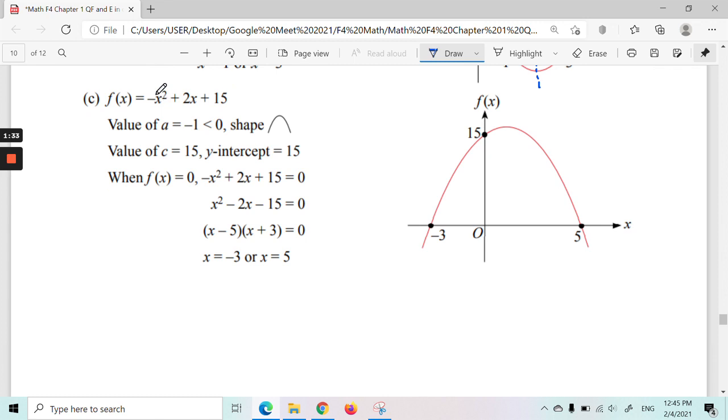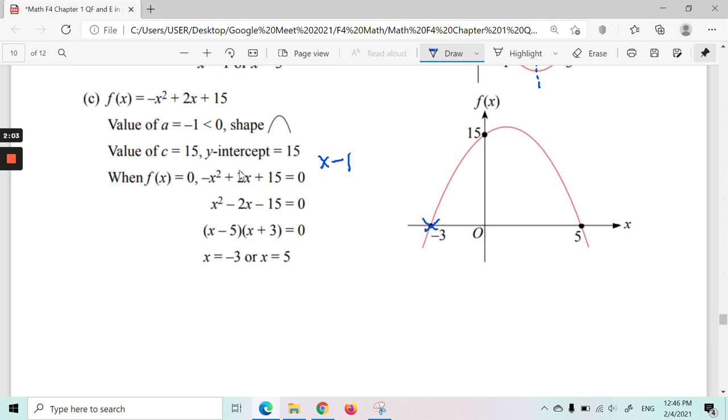And then for the second one, it is also the same. You can try to key into the calculator. Previously I said a must be positive, right? So convert it to positive first. Multiply the whole thing by -1, so negative becomes positive, positive becomes negative, negative becomes positive. Getting this, then key into the calculator, MODE 5 3, a is 1, b is -2, c is -15. Then you have the roots -3 and 5.